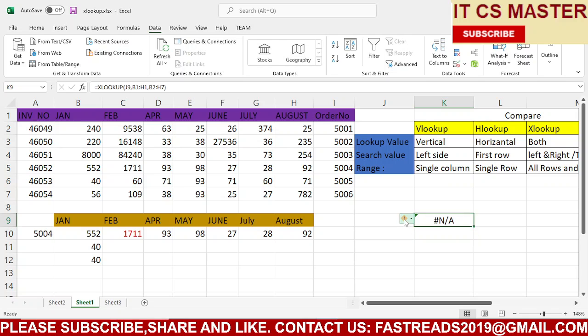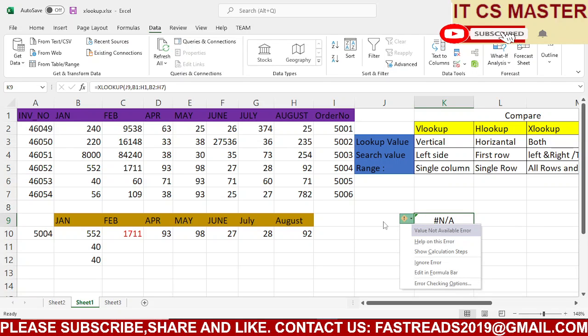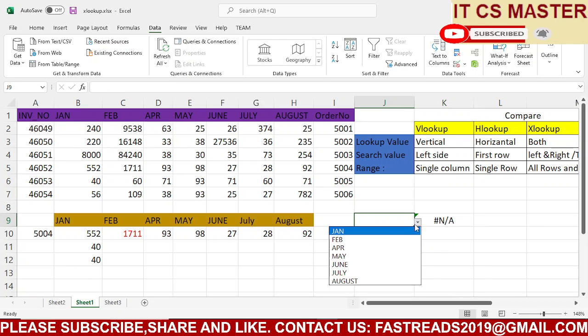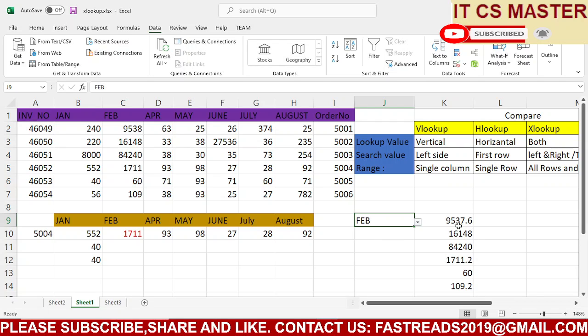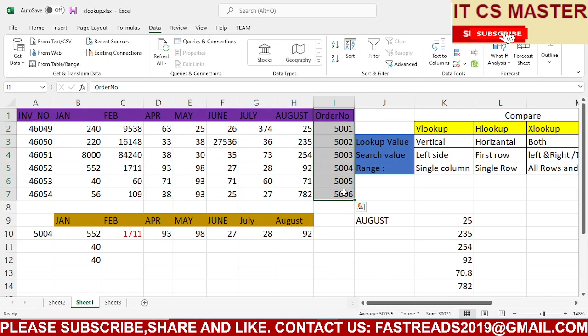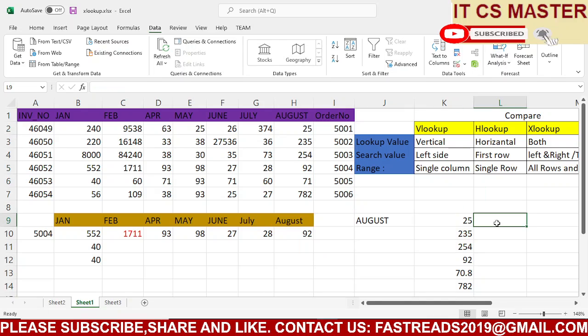Here you can see not applicable because I have not selected any value. Here I select, suppose, 5. Here you can see I have all the values. 5 months 9538, a rounded value, and 1648. Similarly you can use April month, June month. Here you can also mention the order number to make it easy.